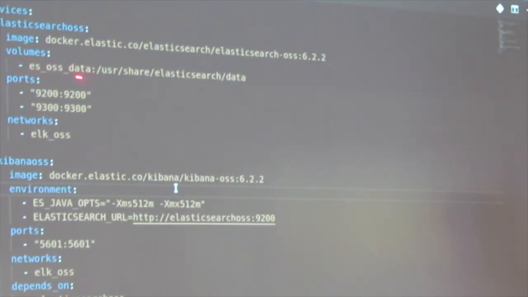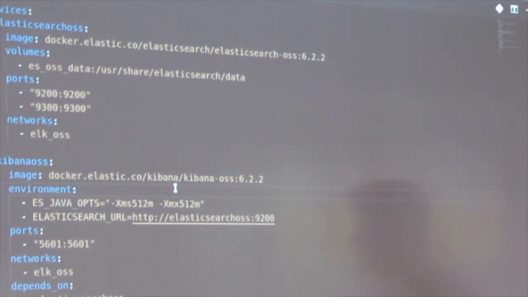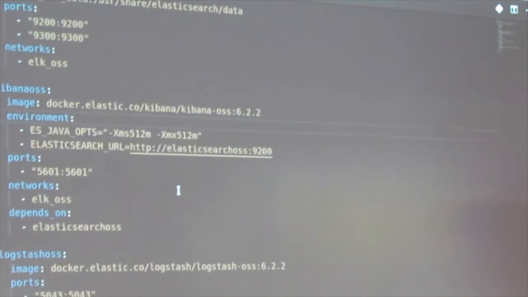So I've created myself an OSS data volume inside Docker, and I'm mapping where I'm writing my Docker data. I expose my ports, and this is all going to run in the OSS network. All right. If you have a look at my Kibana,